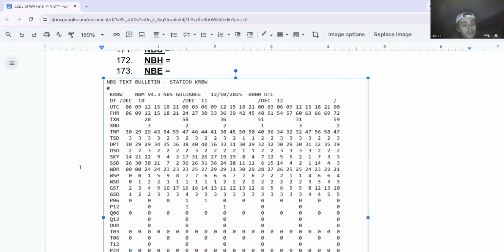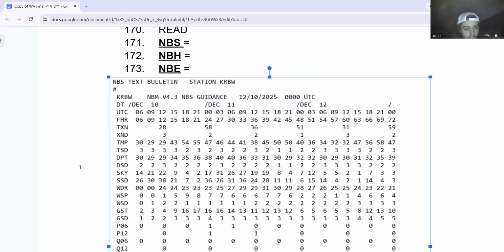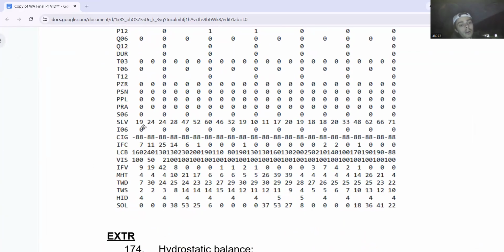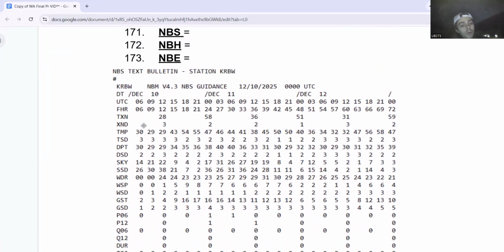And let's read this. And I believe, yeah, this is what I had in that video that was really not the best example because of all these zeros. But I'll still define what each of these mean just for review. So, all right, let's look at the top. Hopefully you can see my mouse, but